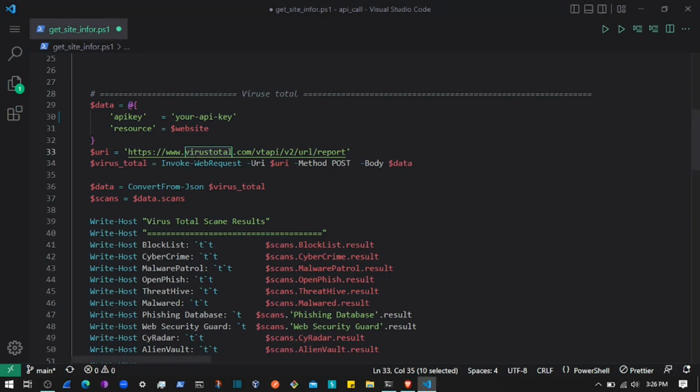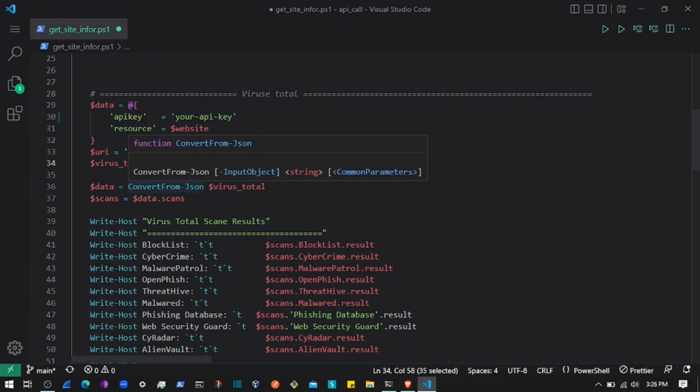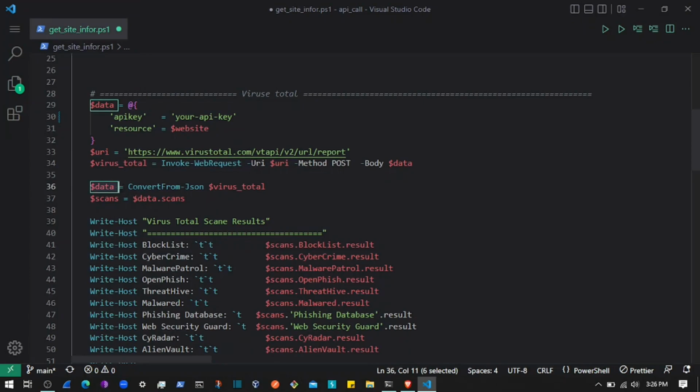So here we are using the API. You will get the API key once you log in and get a free API key, and you will pass it right here. We send the API request to VirusTotal and convert the response JSON into a PowerShell object,